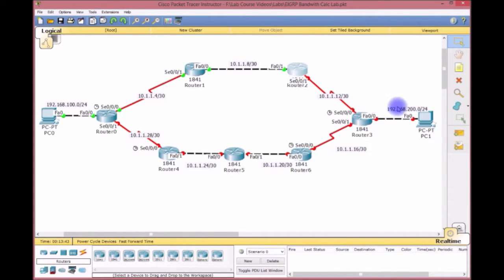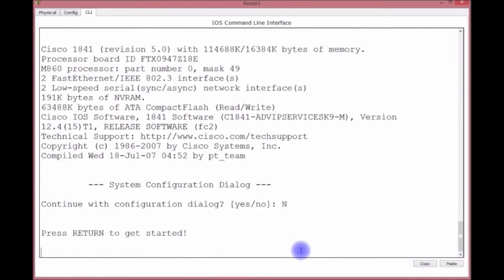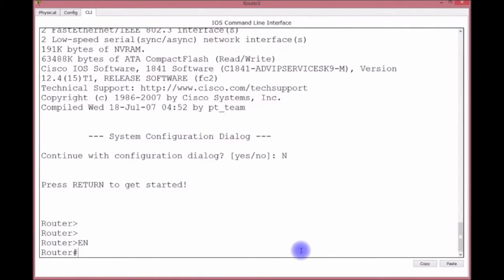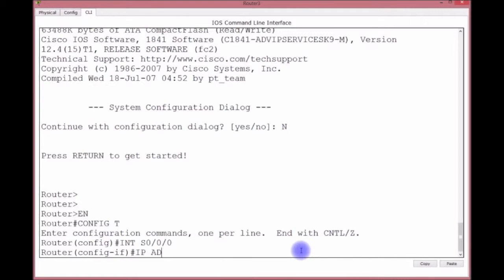Okay. Now we go to this router right here, and we have 3 interfaces now, right? The S000, which is 14, the F00, and the S001. So the S000 is 14. All right, so let's do that. Say no, enable, config T, interface S000. That's what I like to call it. IP address 10.1.1.14,